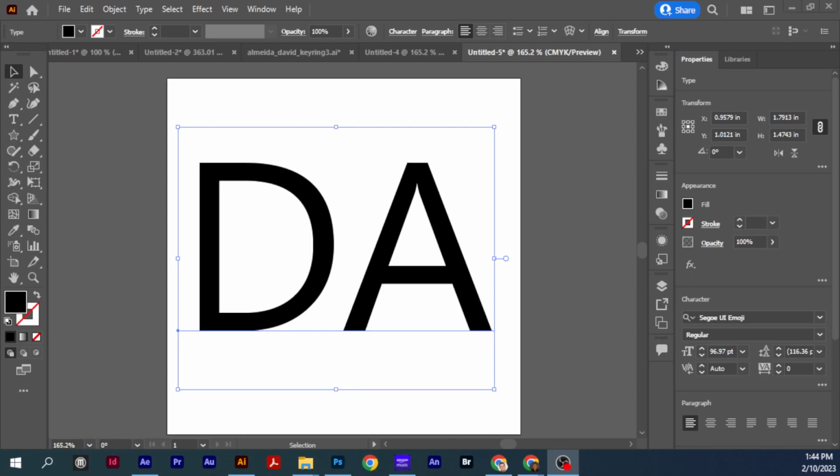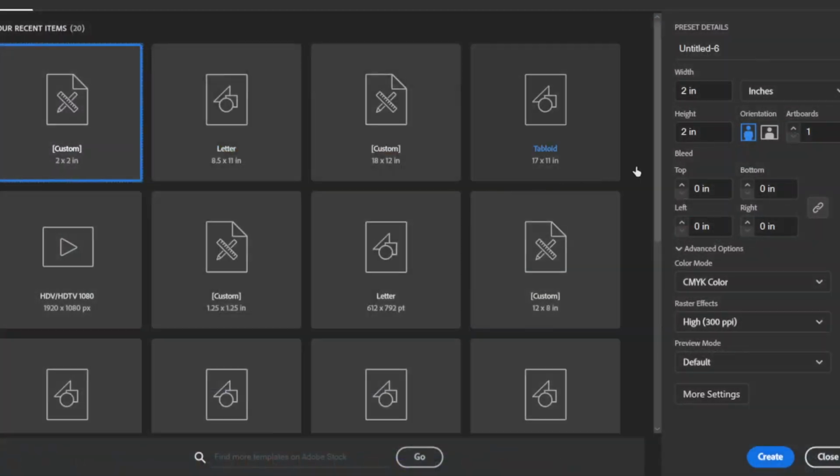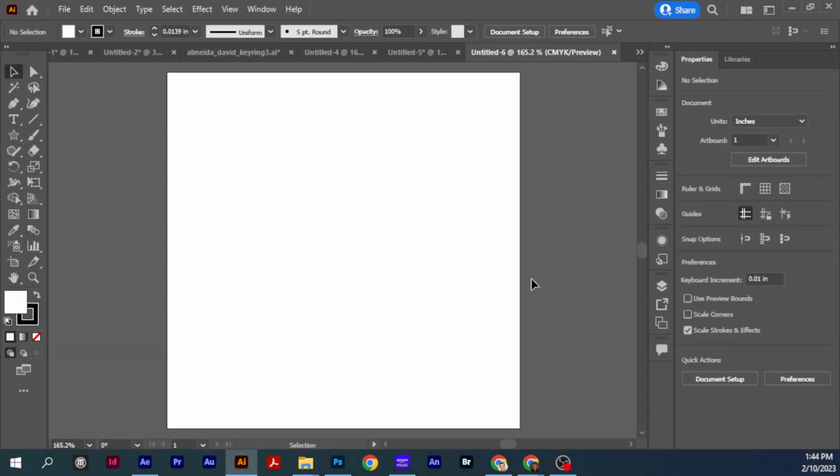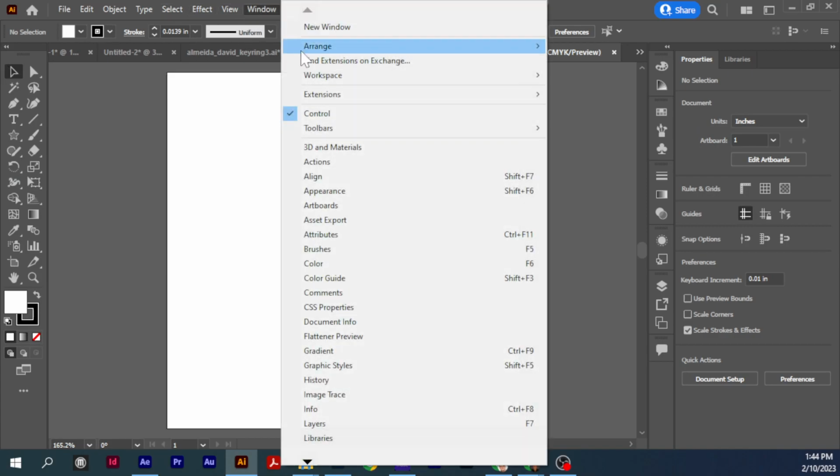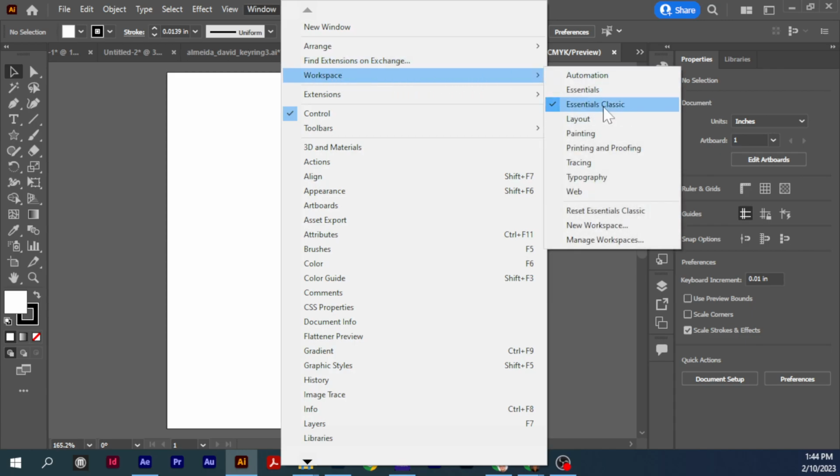All right, guys, let's go File, New. This opens up, put 2 inches by 2 inches. Doesn't matter if it's portrait or landscape. And you can press Create. All right, moving again. The interface, I will just mention, go to Window, Workspace, go to Essentials Classic, reset it